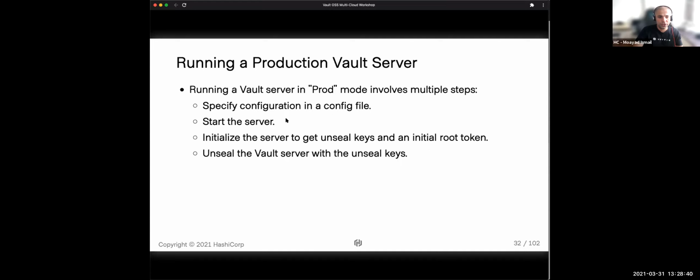Once you initialize it, you get unseal keys and an initial root token. This is a very important step in getting Vault ready for business, to start accepting traffic. Once you've initialized it, you then have to unseal the Vault server with the unseal keys you get given as part of the initialization. You will go through that process in the lab.